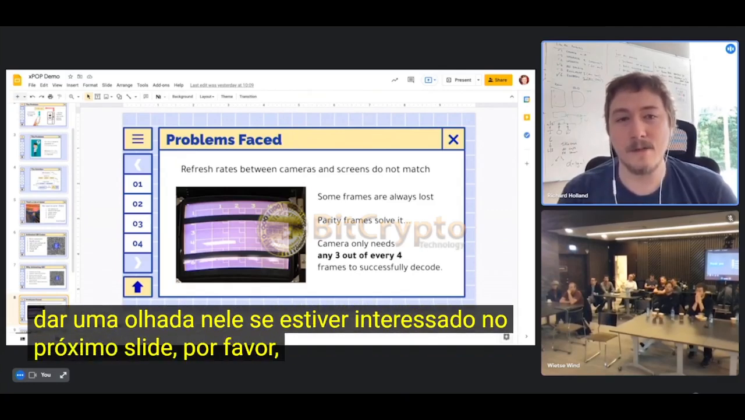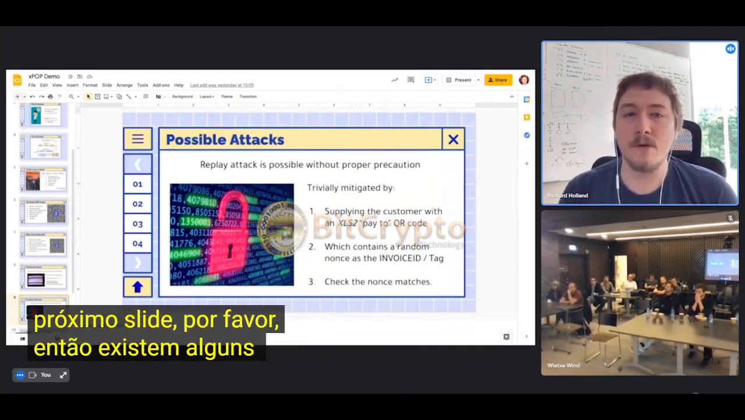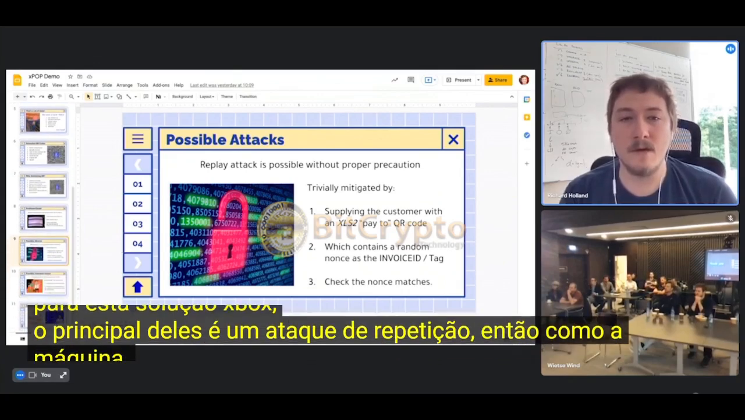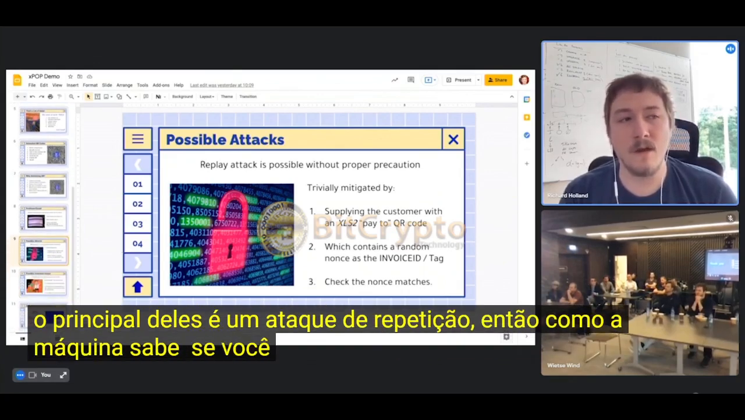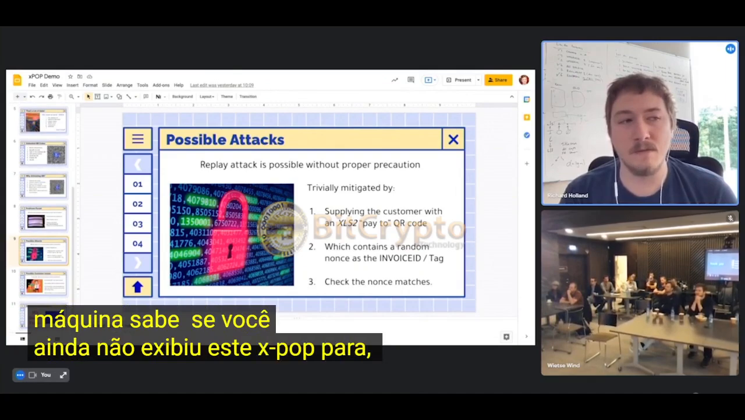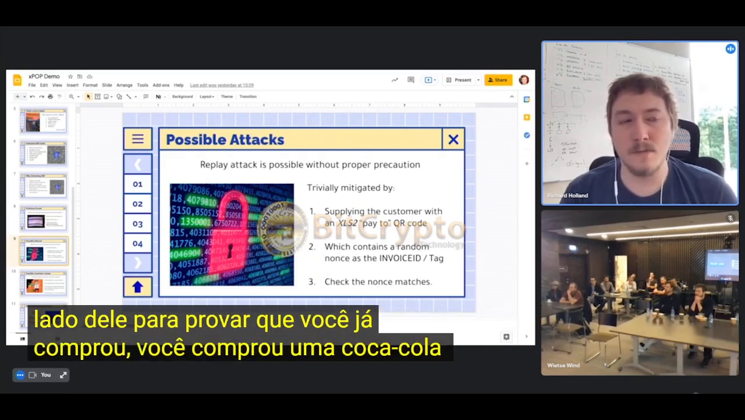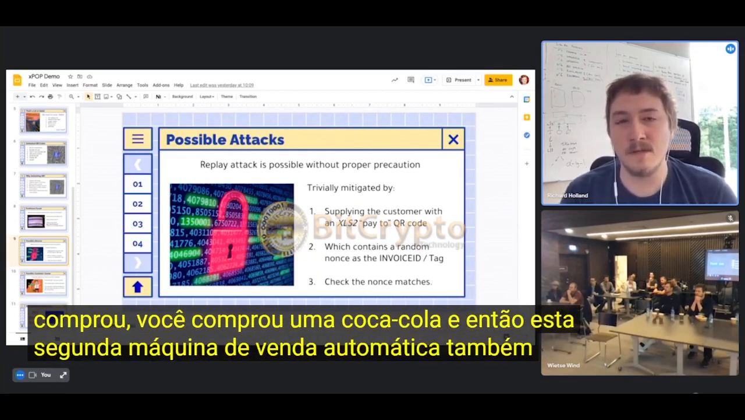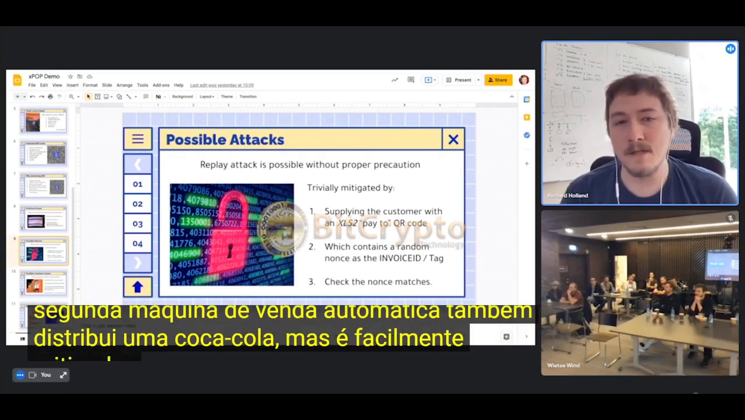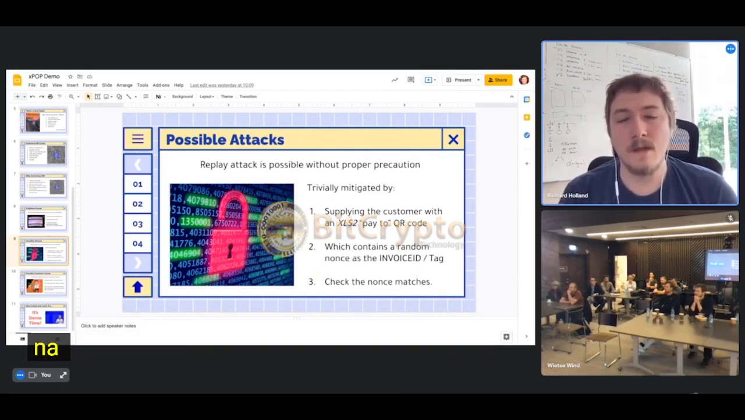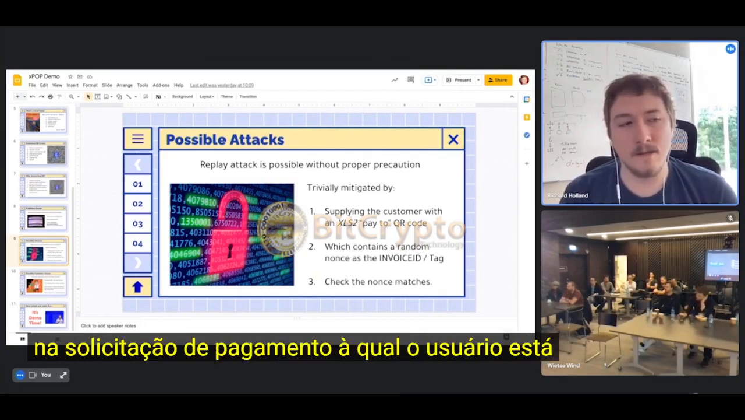Next slide, please. So there are some possible attack vectors for this xPoP solution. The main one is a replay attack. How does the machine know if you haven't already displayed this xPoP to, for example, another vending machine right beside it to prove that you already bought a Coke, and then this second vending machine also dispenses a Coke? But it's easily mitigated. You just place a random nonce into the payment request